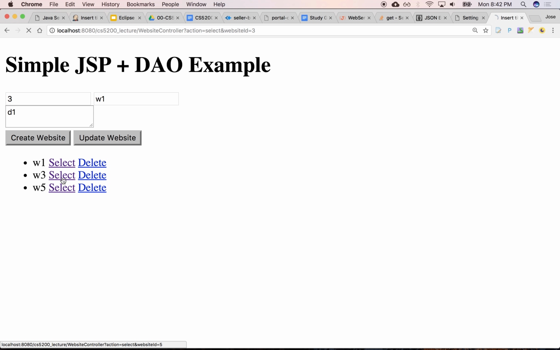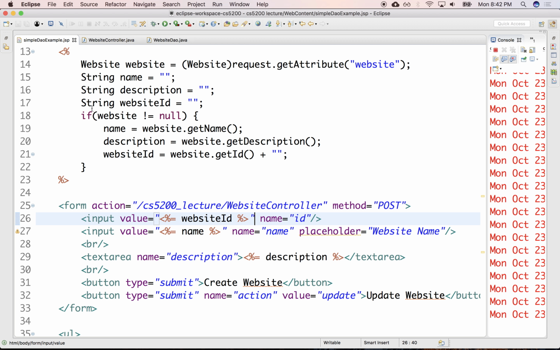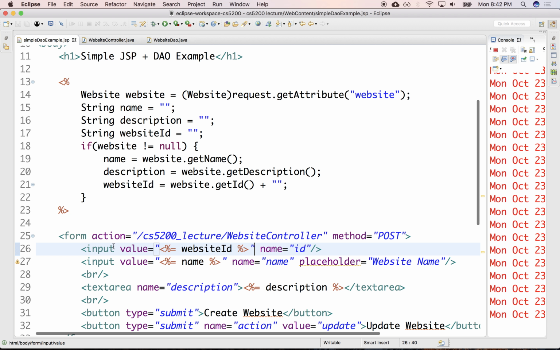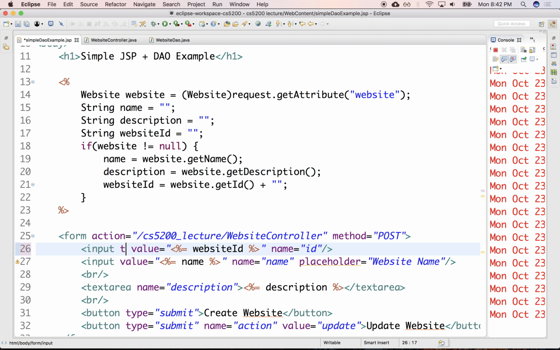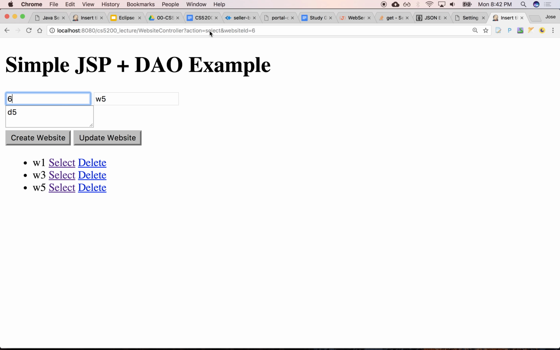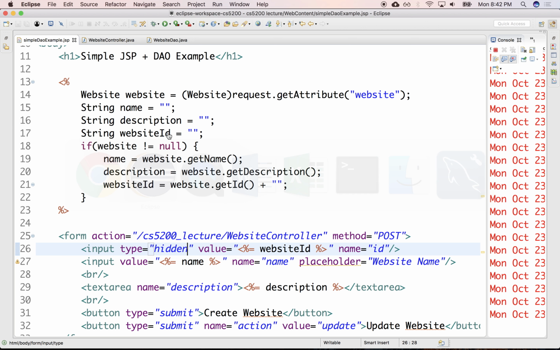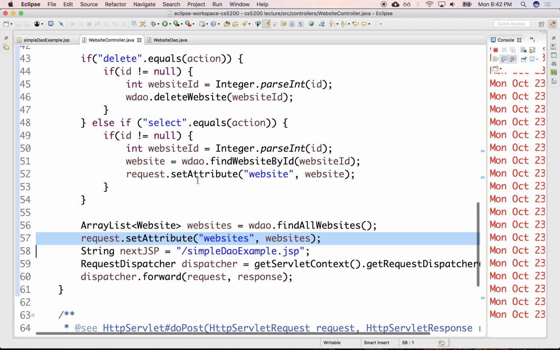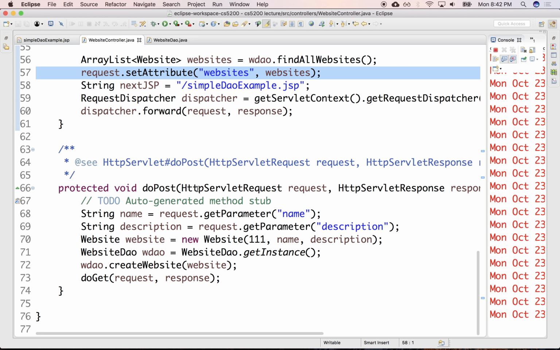There we go, right? But typically we don't want to show the ID to the end user, right? So we still need that input field because we need to pass it along to the server for the actual update. So we can just change this to be type hidden, so that it's not rendered for the end user, but it's still part of the form. Okay, so that when I click on update, on the controller, now I can receive it as a post,